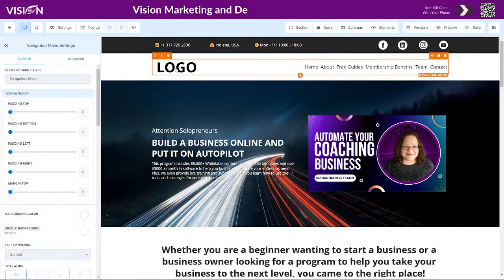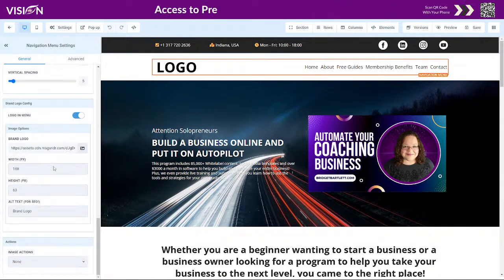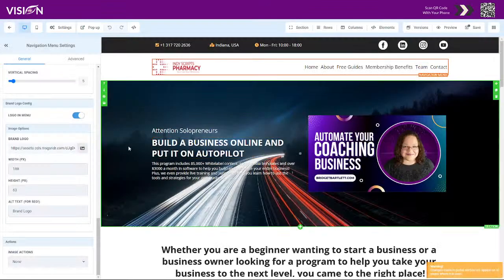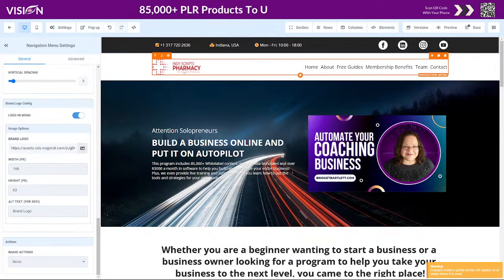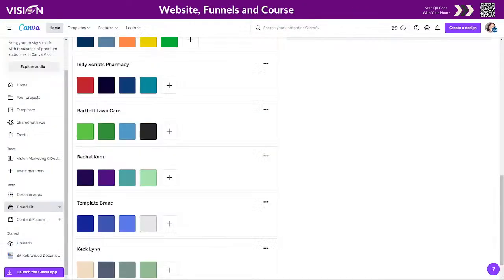All right, now here, I want to add my logo. Remember, when we built this, this is actually one whole element here. So if I scroll down here, you'll see that we have the brand logo. So I'm going to click here, and then I'm just going to double click there, and now we've changed that. But it definitely looks faded out, so we can play with this here, but let's actually just go to